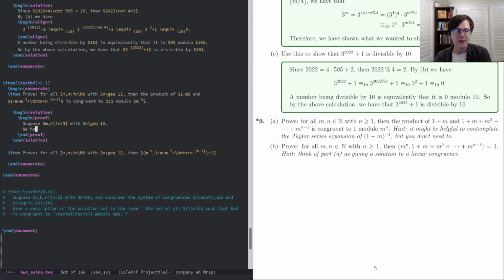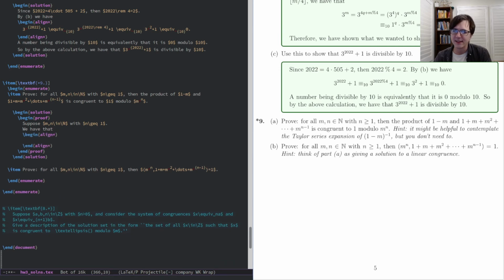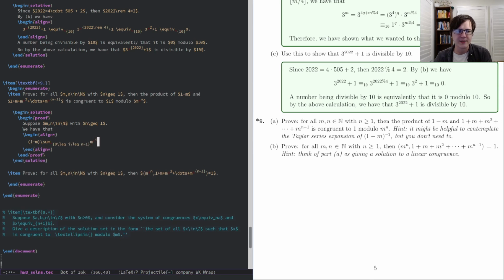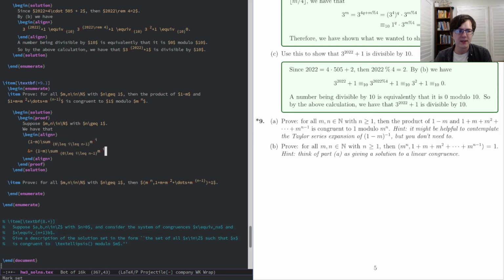Then I'm going to write this in sigma notation: the sum over 0 less than or equal to i less than or equal to n minus 1 of m to the i is equal to, let's distribute,